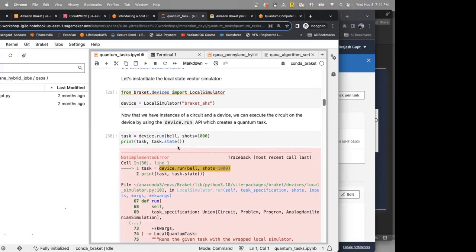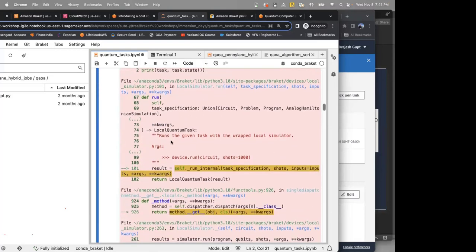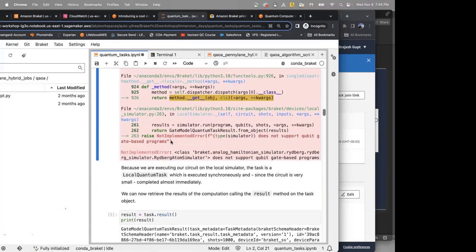Because right now we are using a simulator for analog Hamiltonian simulation to run a gate-based system, which is clearly not compatible. So that gives an error, basically saying that it's an ill-posed problem. Does it answer your question?